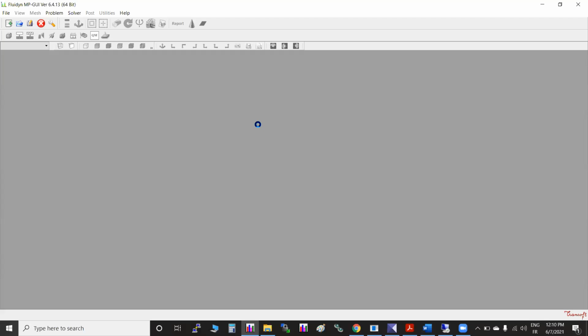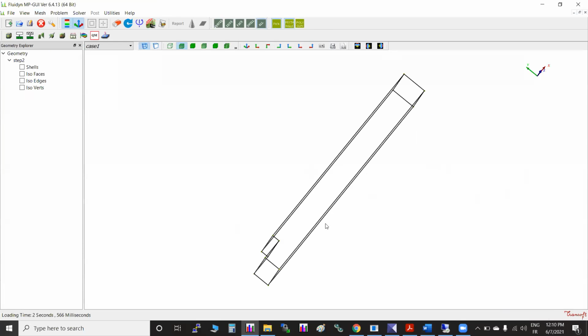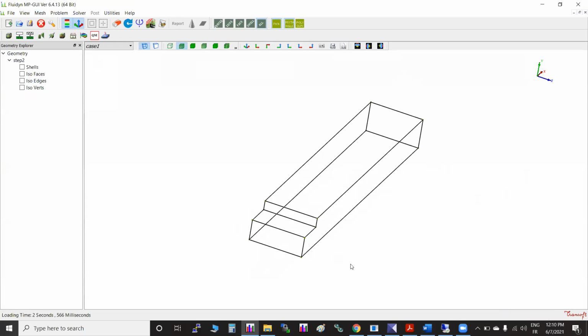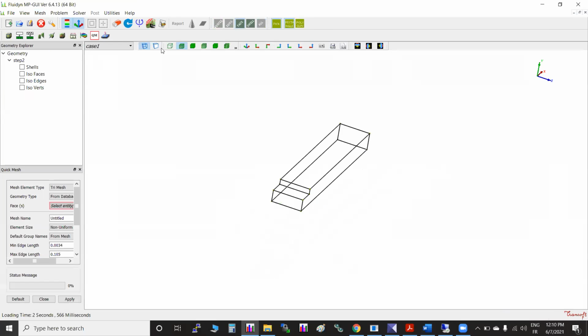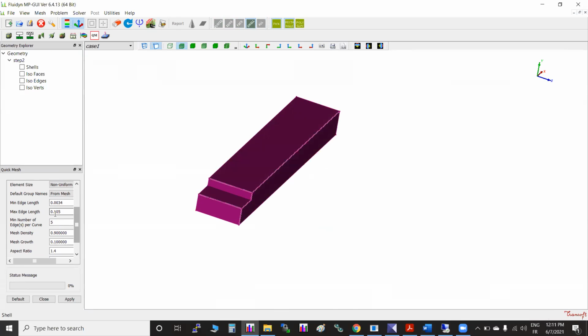Okay, everything is gone. I load another one. This is 3D, directly 3D. Same, you go for quick mesh. Keep it in a shaded view. Instead of triangular mesh, select tetra mesh. Then select the object, same. I'll give 0.01 here. Maximum volume is an important factor to control the inside mesh.